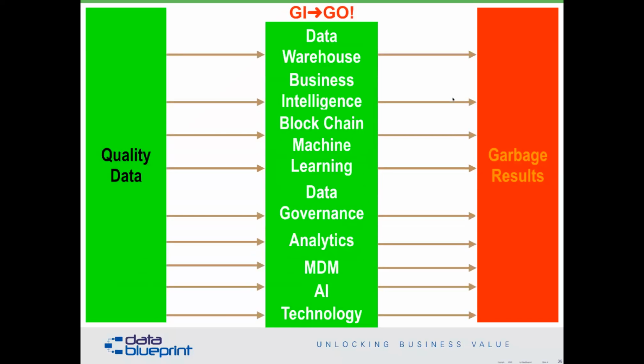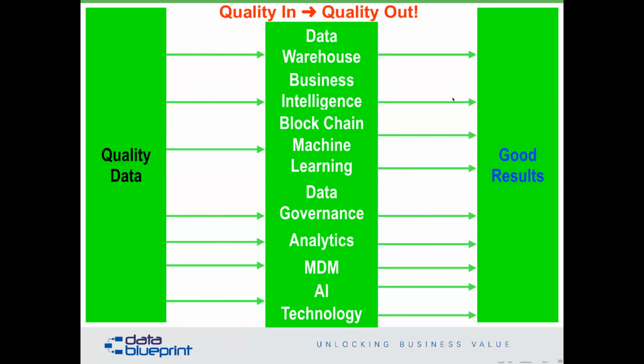For example, if I start out with good quality data and I do a little bit of analysis, I may discover that the two left-hand arrows that I send into these various initiatives, in this case combining business intelligence and blockchain or AI and any other sort of technology, we can actually eliminate data flows in the organization, data stores in the organization. But more importantly, we want to only feed these very expensive technologies we have at the center of most of our organizational technology with good data, because if we put good data in, we then have the possibility of getting some good results, quality that will come in, quality that will come back out.